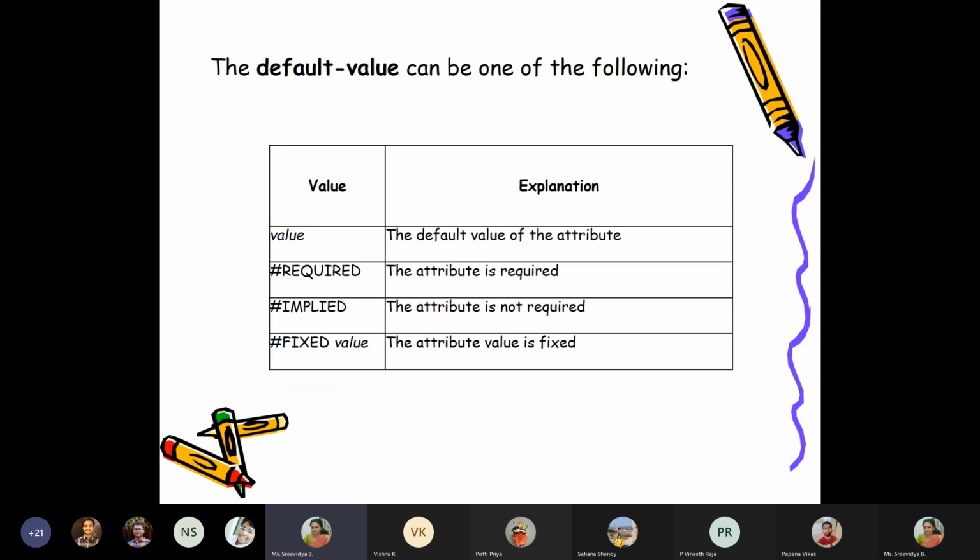For the default value part, either I can say a value, which means that value will appear there. #REQUIRED means that attribute should be filled when you are using the XML. #IMPLIED means the attribute is not required. #FIXED means the attribute's value is fixed, so you will be providing a value there, and only that value should appear in your XML document.